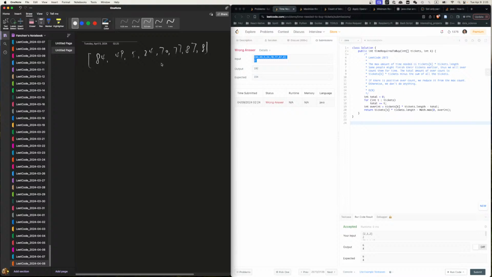Then the overcount. We try to find if there's any overcount. Actually, for this one, it doesn't really have overcount. So we're gonna go through this 4 times, so make this into 1. So we go 4 times 1, 2, 3, 4, 5, 6, 7, 8. So 4 times 8, 4 times,